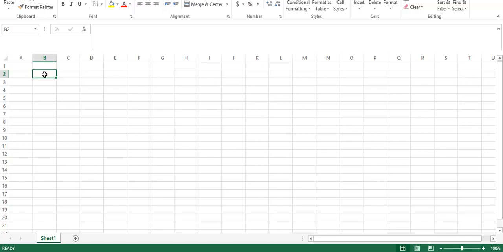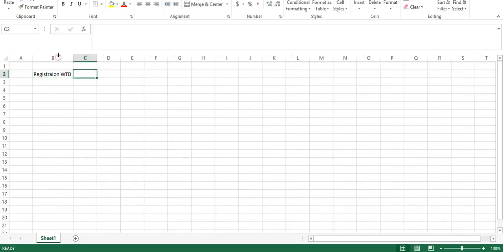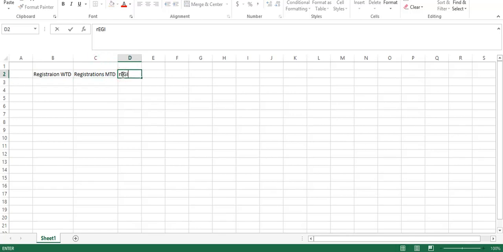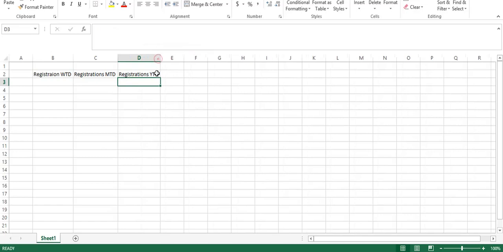Again, a chart can be borrowed in a report. So basically I am talking about advanced configuration in a report. I have a requirement where I have to measure a KPI across different times, and it has to be within a single chart. For example, I want to measure registrations week till date. Also I want to measure registrations month till date. Also I want to measure registrations year till date.